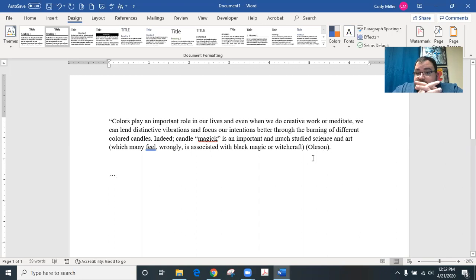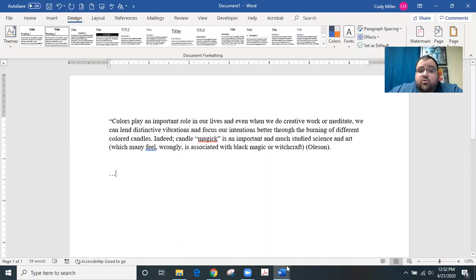A lot of students have a tendency to use those at the beginning and at the end of quotes whenever they take words away from an actual section of text that they're using. The nice thing about MLA 8 and MLA in general is that they do not expect you to have ellipses at the beginning or the end of a quote if you eliminate words from it.